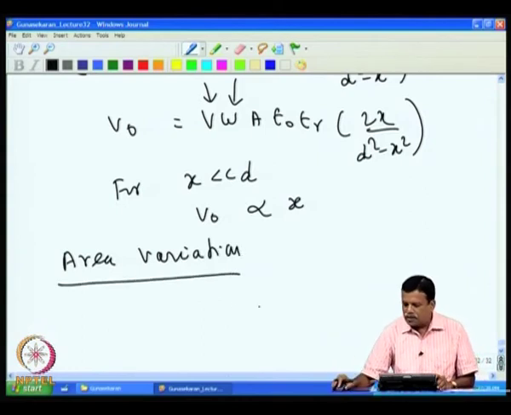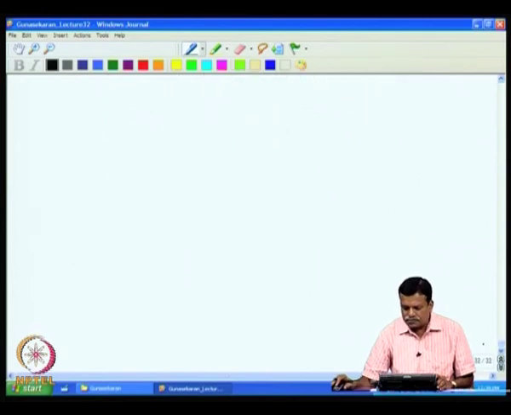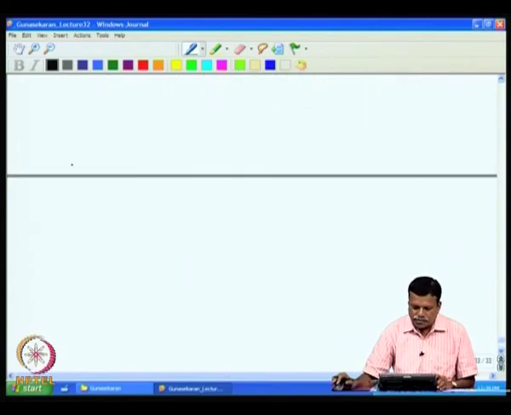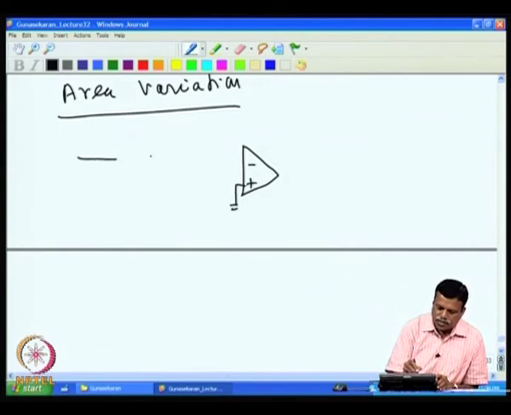In this case, we take the same capacitance sensor, and here we take the two plates, then I will take the third plate like this, and connect to the third plate,